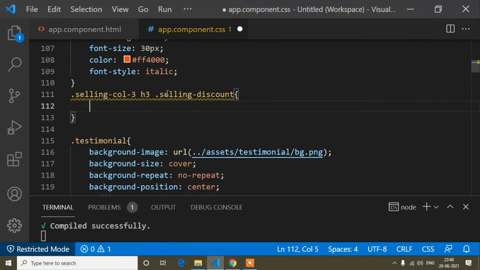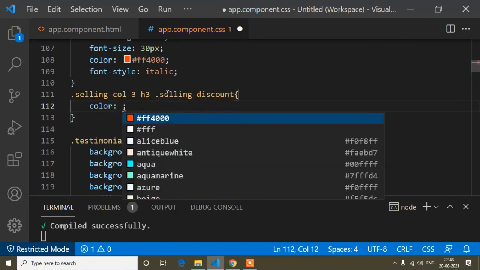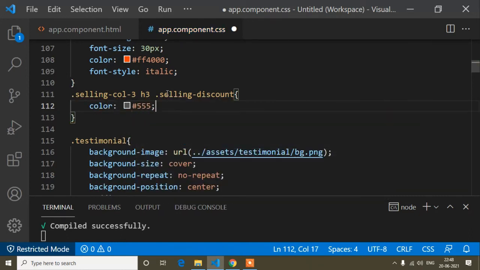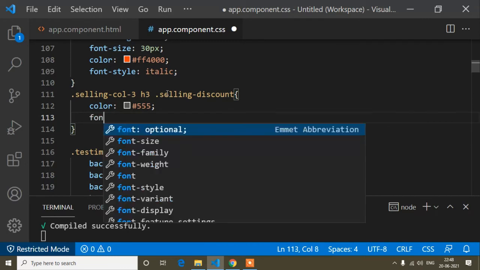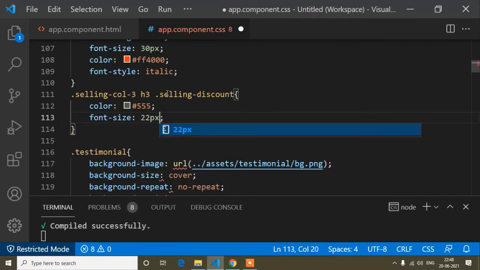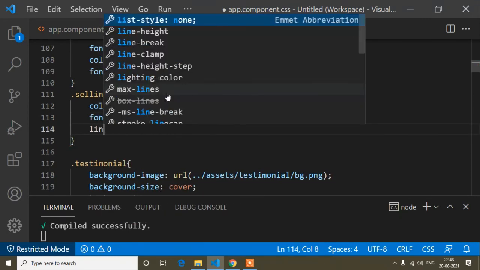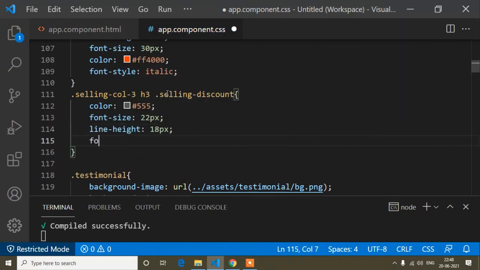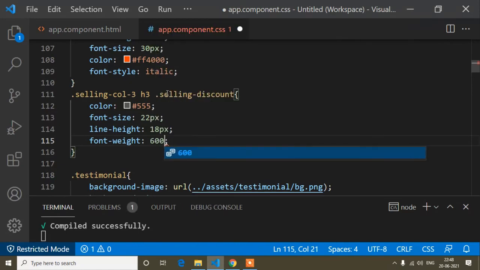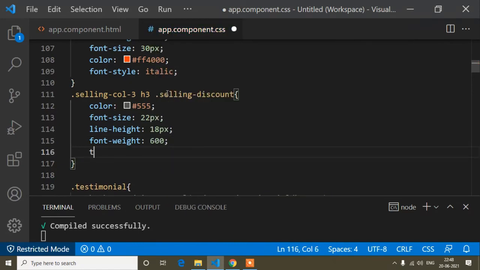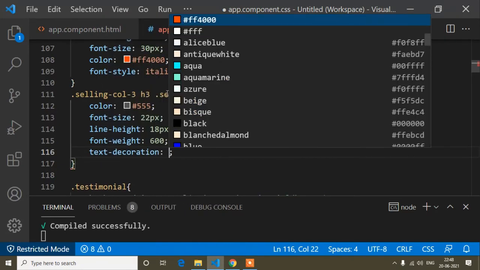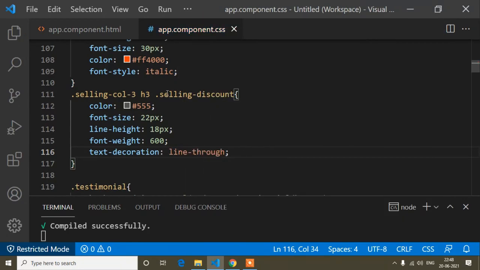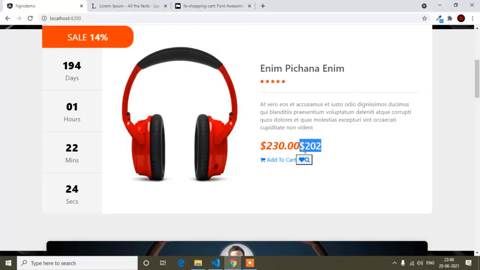Okay, so now first of all I will add color is this color code, and the font size is 22 pixel, line height is 18 pixel, and font weight is 600, and text decoration is line through, that means on the text it will be a line.